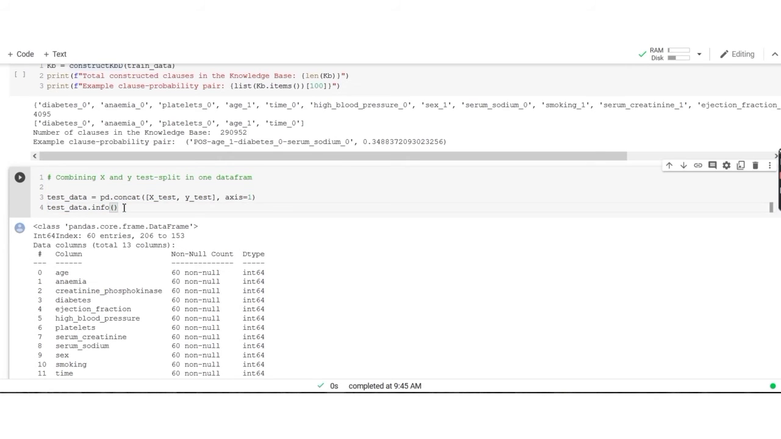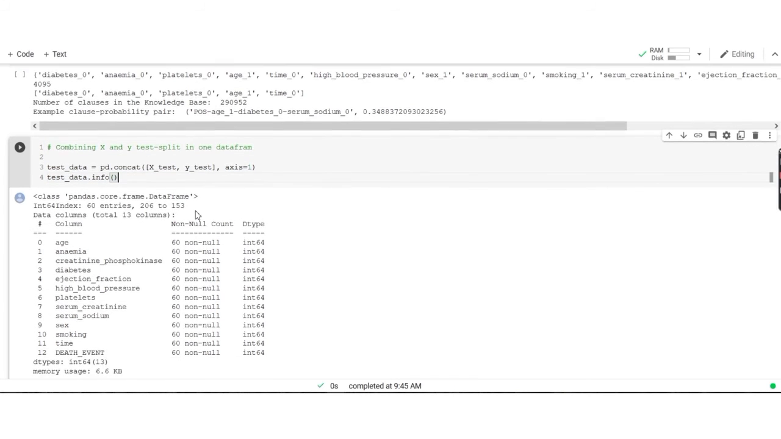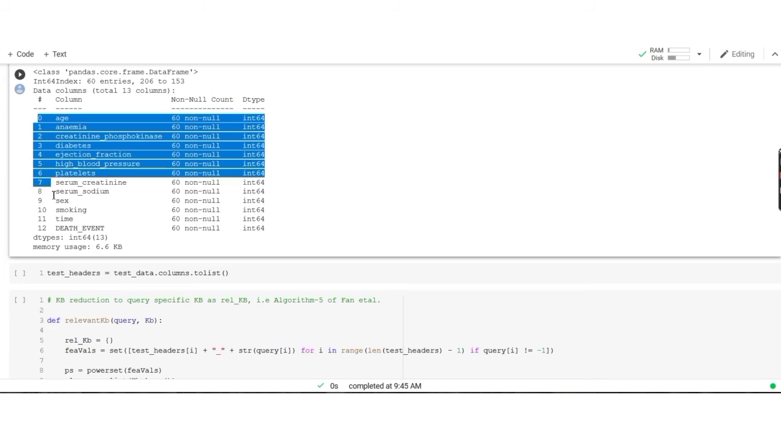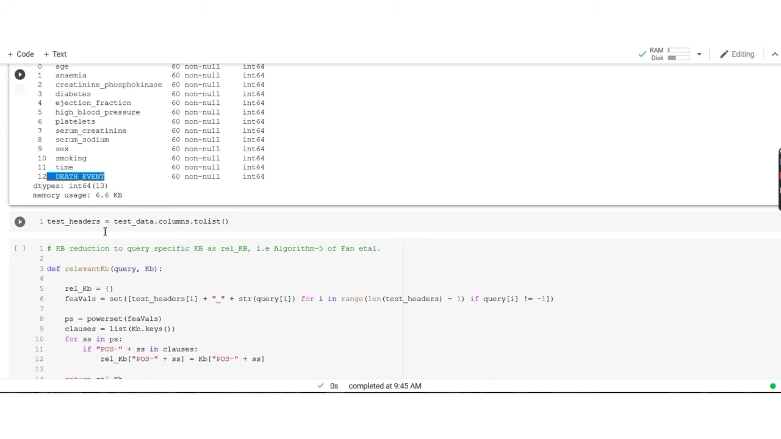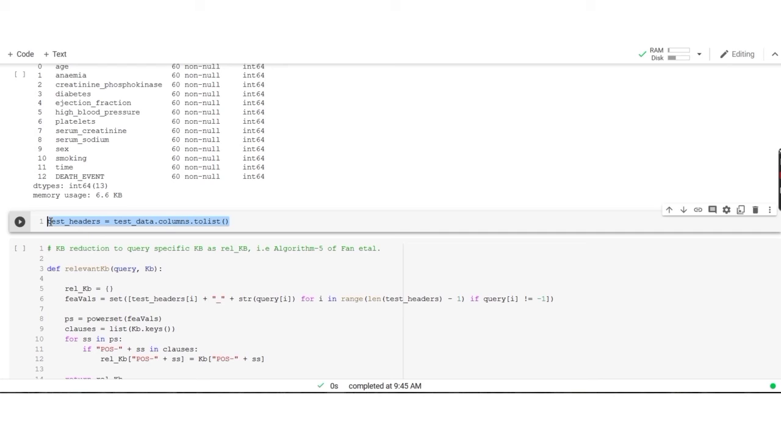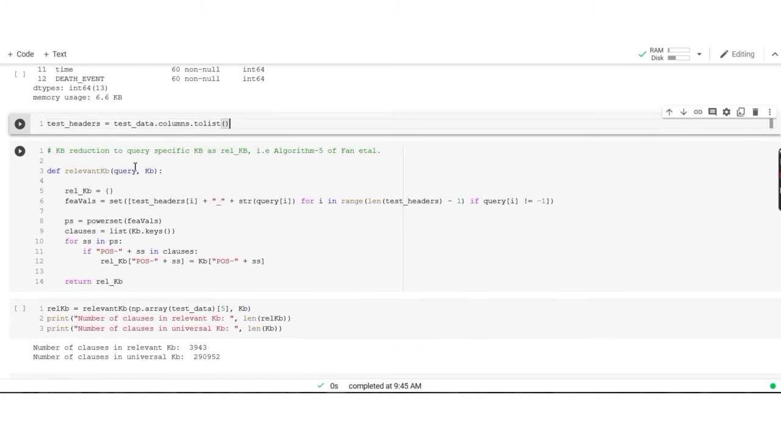In this cell we will be concatenating the X and Y test split, and we can see that we have concatenated all the 13 columns with the last column, which was separated before. Similarly, we will split the columns and save them in the test headers for later use. After that,